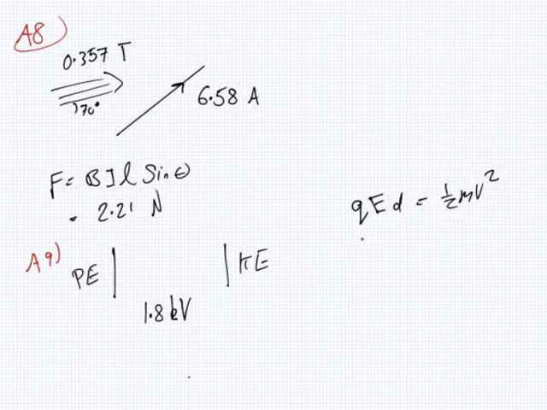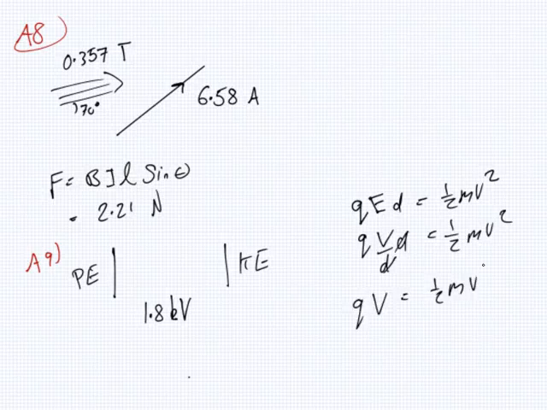But the E, if you remember the formula, is V over d. The d's cancel. So you have QV equals a half mv squared. That's voltage V. Now the velocity will be